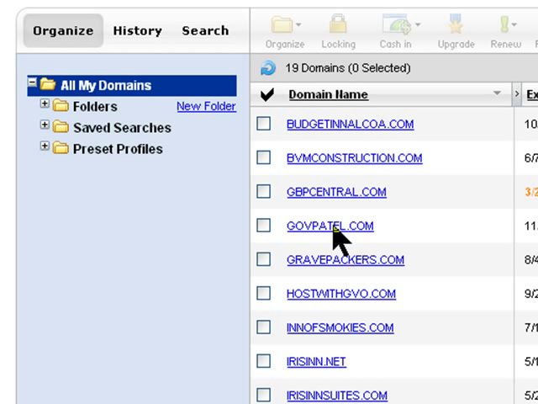So if I was changing Gov Patel to a new server, then I would be doing the DNS setting on this one. But I'm just showing you, for example, I already changed the DNS, but